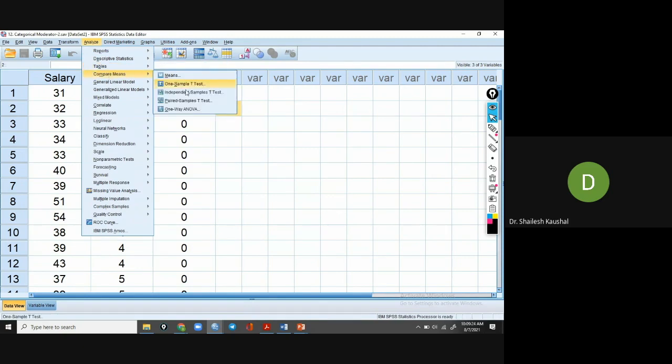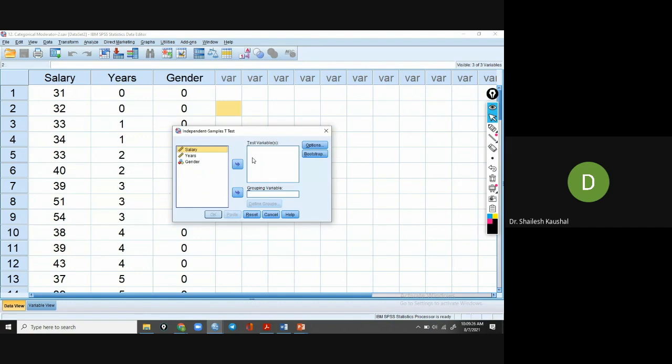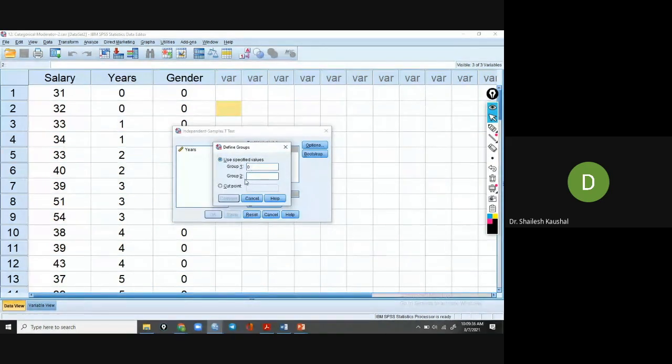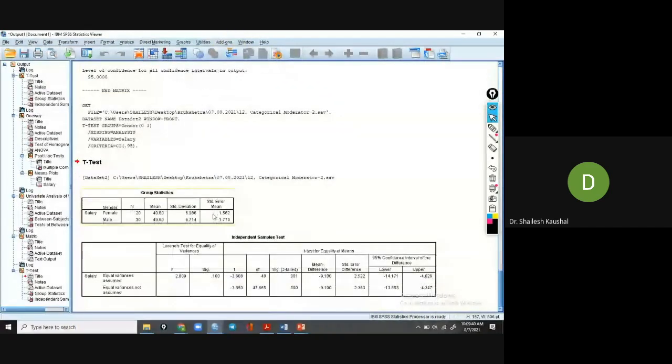Analyze, Compare Means, Independent Samples t-test. Salary is the dependent variable, gender the independent variable, and there are two categories, 0 and 1. Then continue, and we can see the result. There is a significant result: the female teachers' salary is 40.8 and male teachers' 49.9. The p value is 0.01, so there is a significant impact.